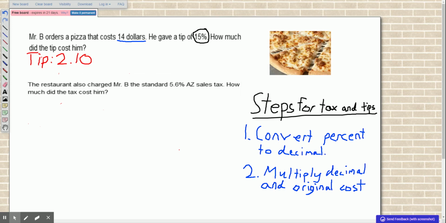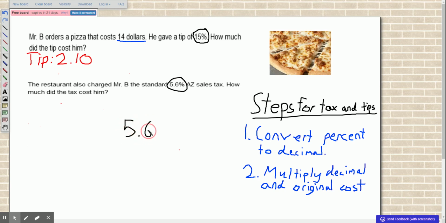So again, we're going to use the exact same steps we used for the last problem. The first thing that we're going to do is convert our percent to a decimal. So in this case, our percent is 5.6%. And we're going to convert that percent in the exact same way. So we're going to take that number,